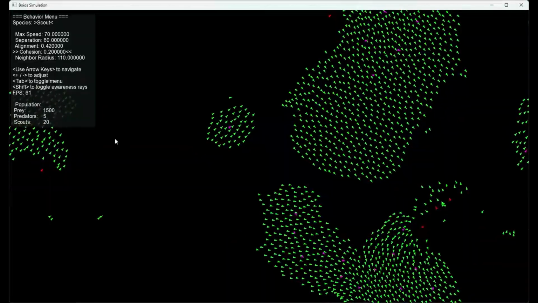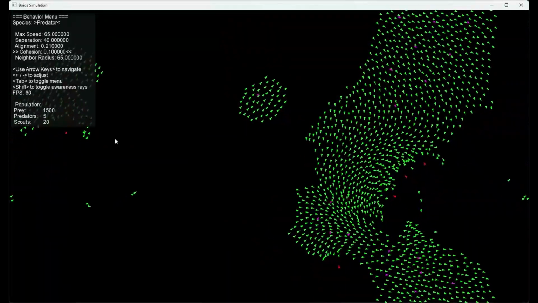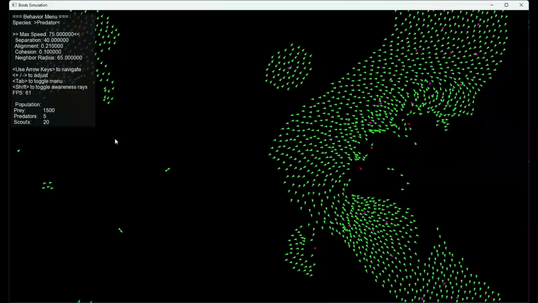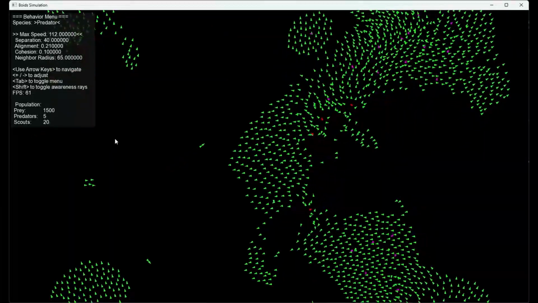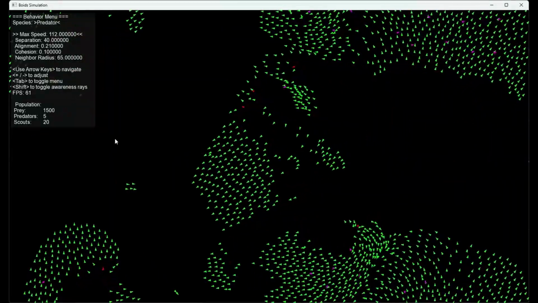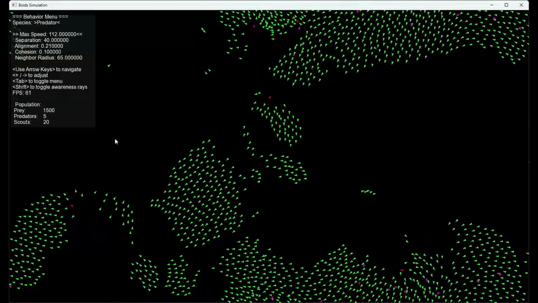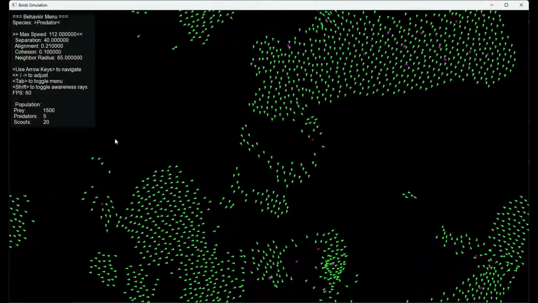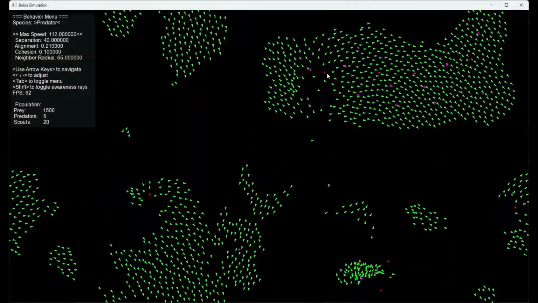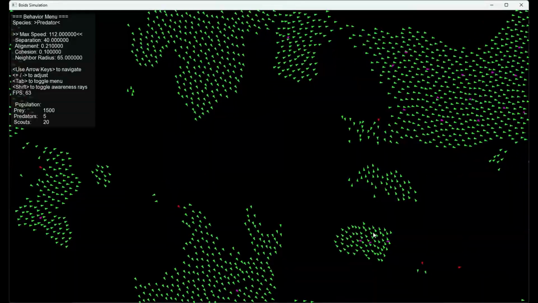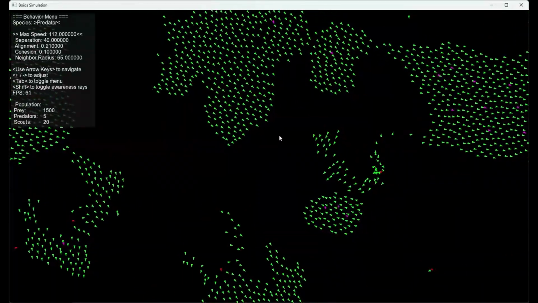predator, and scouts. So, like, say for instance, we could make the predators much faster. And you can see all the damage that they cause to the flock, just dispersing the whole thing everywhere they go. And they still get scared away by scouts when they get nearby, but they are really wreaking havoc on